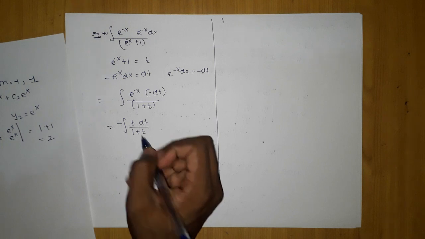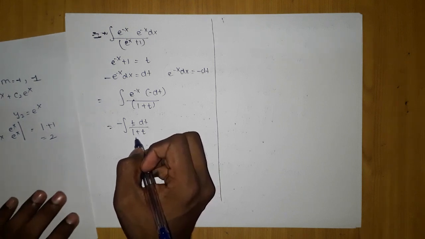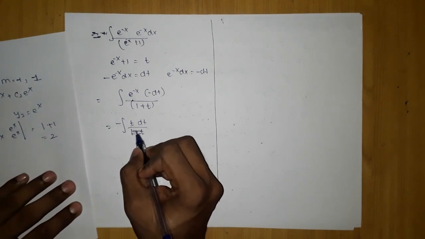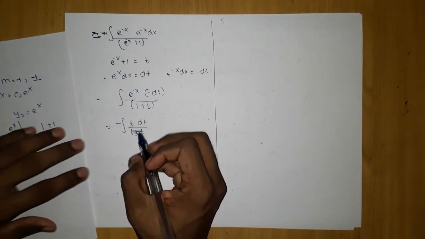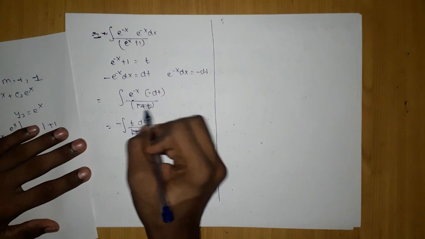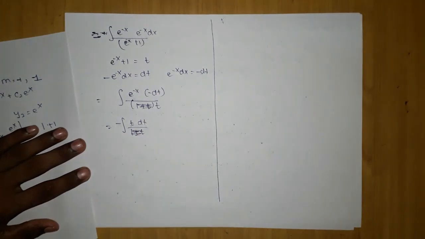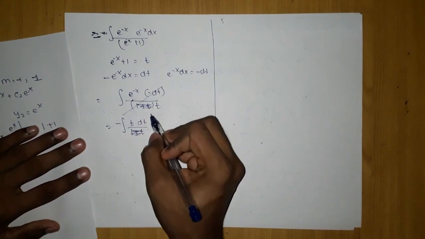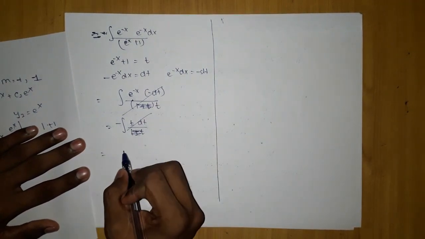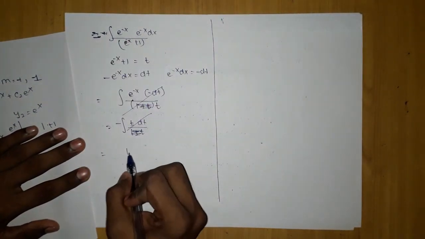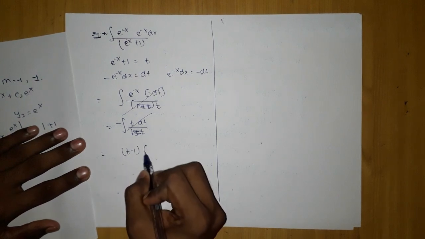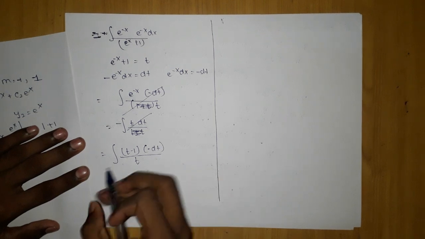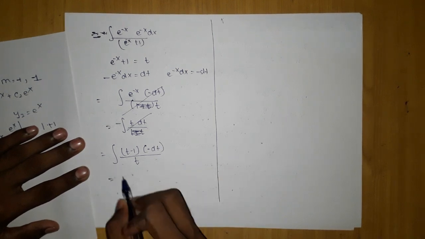Now what we are going to do, we are going to do a simple trick. I have assumed this whole as t, so I can write e to the power minus x as t minus 1. Let me do it here. I will write e to the power minus x as t minus 1. Firstly, this will become my minus dt, right, and here it will be t. Now it is correct. I will take the minus outside.